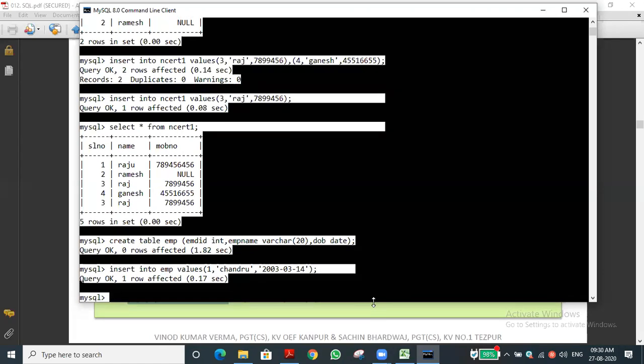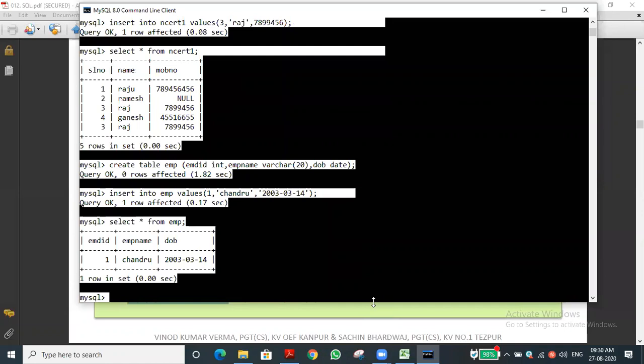Then that's all. Okay, if you want to see the record, what is the command? Select. Show table only shows the table. Select all. All means what? Star. From where do I want to select? From EMP. EMP is the table name. Okay, so if you give this, it will be inserted.